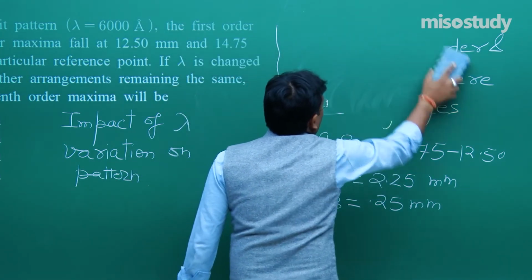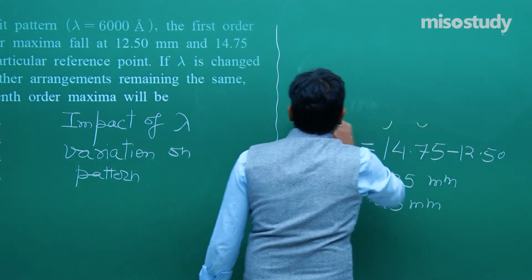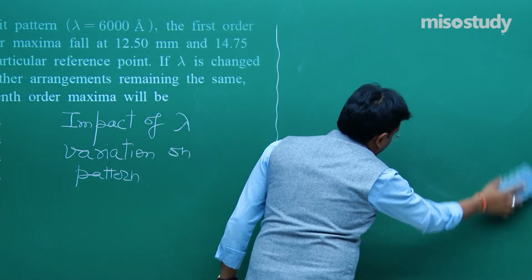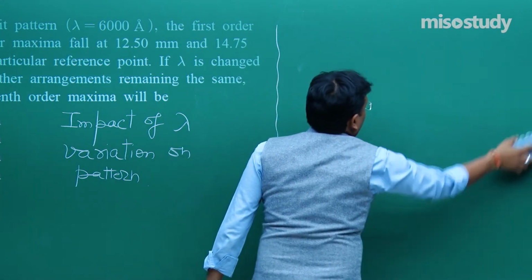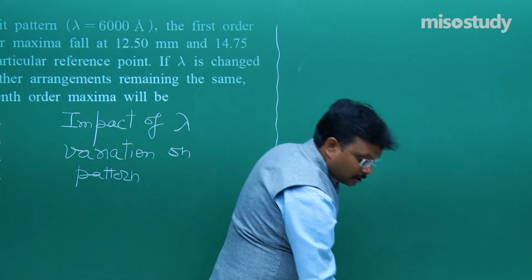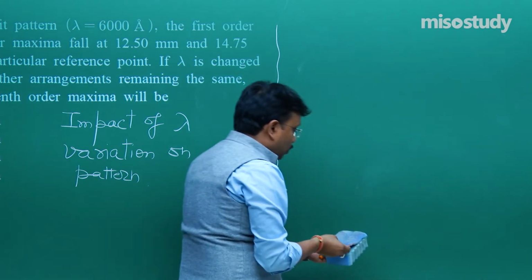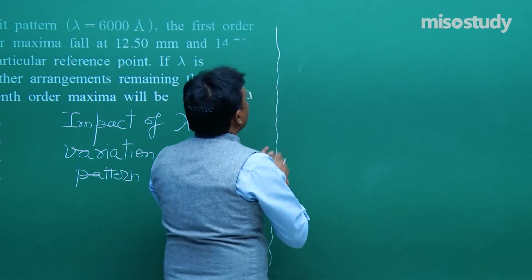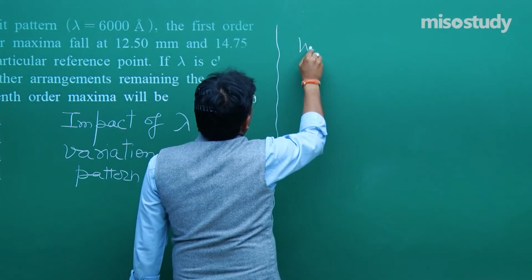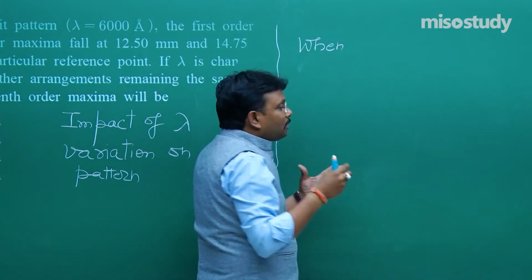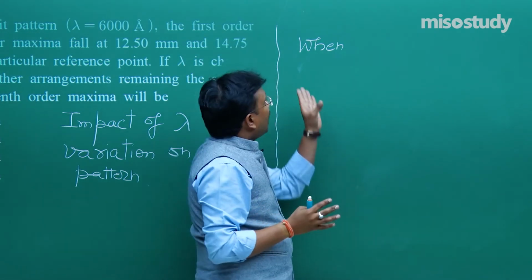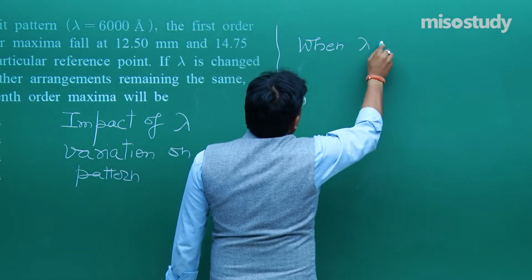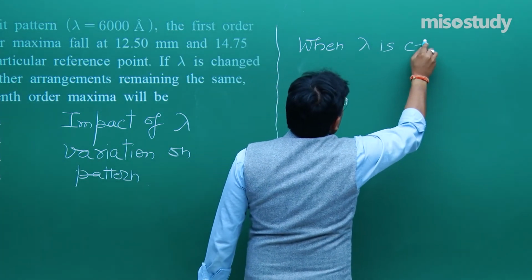So, if the first part is clear, then let me move on to the second part. Basically, we will try to find out the impact of lambda variation on the fringe width. Whatever I am thinking in simple terms, I am giving the language only to that thinking. When lambda is changed,